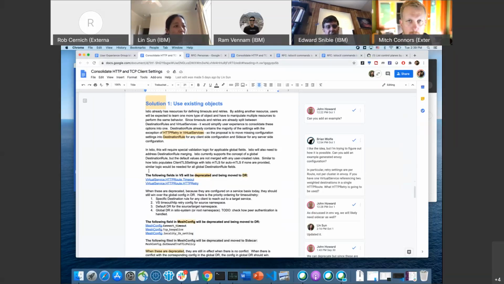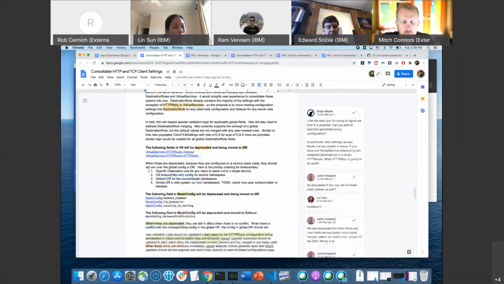A couple of caveats would be how the deprecation is going to work. I think this is where the user experience working group is involved. We want to make sure you are aware of this. So the deprecation rules are a little bit more complicated. I don't think we have presented this to other working groups yet, but the idea is,